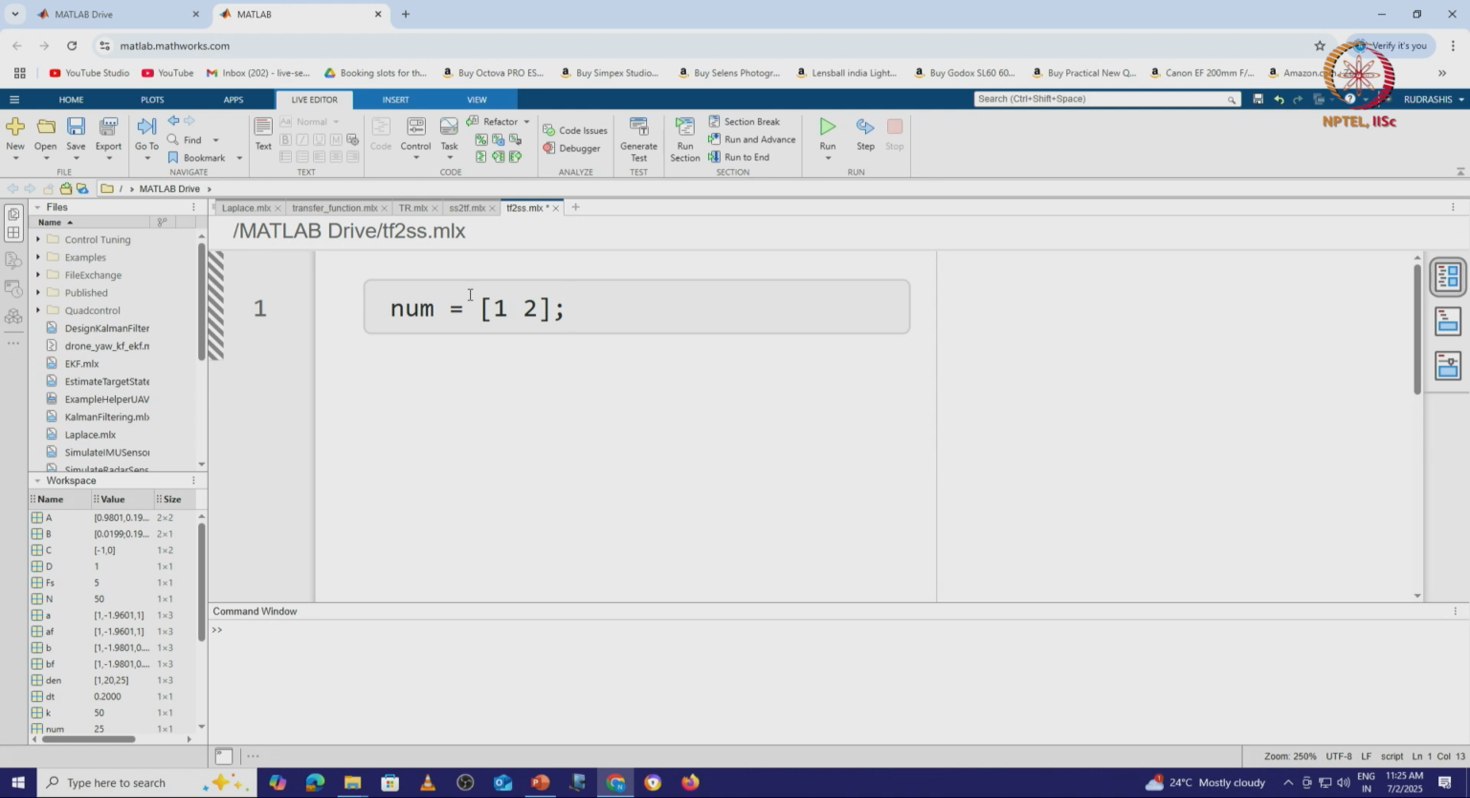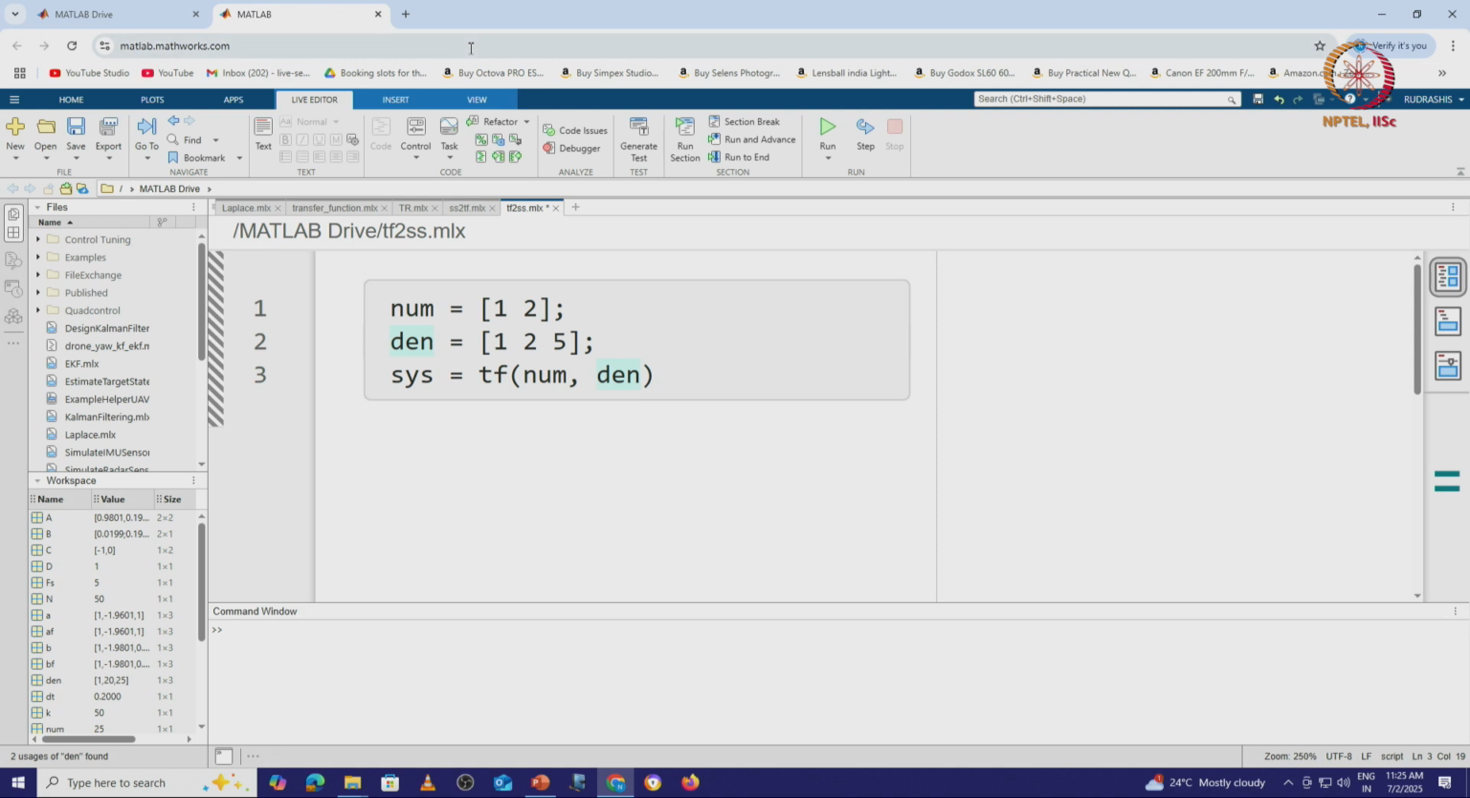Now we specify the denominator. The denominator I write as [1 2 5]. Then what is the denominator of the transfer function? It is s square plus 2s plus 5, right? So we have the numerator and denominator. We want to see how the system looks like. How to do that? We know that we have to write this particular command,